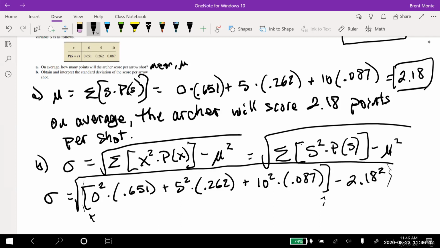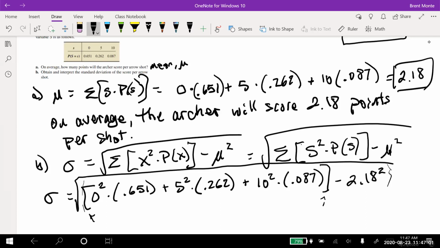It's not very good, parentheses over there. So I'm adding an extra parentheses. Again, the 0 squared is just 0, so that first piece is going to go to 0. So you can type that in or not. It's not going to change your value. I'm actually just going to put in 5 squared